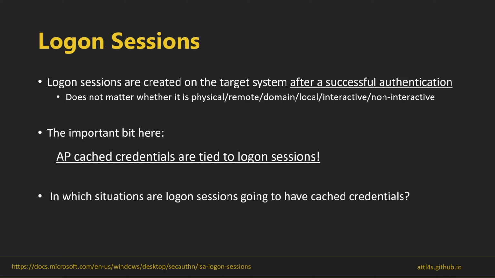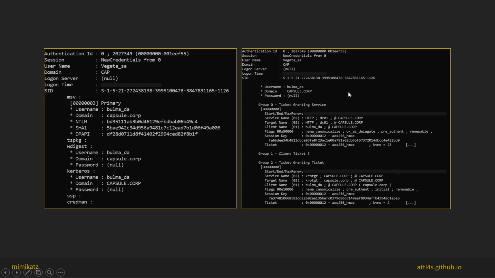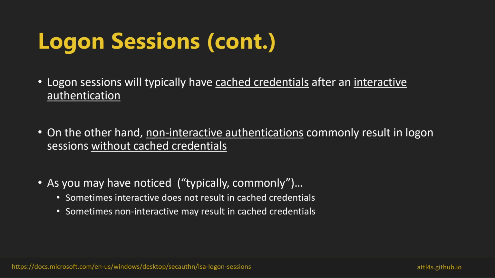Important thing here, cached credentials are always tied to Logon Sessions. The ones tied to authentication packages are within Logon Sessions. So in which situations are Logon Sessions going to have cached credentials? Well, here we can see an example of Mimikatz. But essentially, Logon Sessions will have cached credentials after an interactive authentication and will,